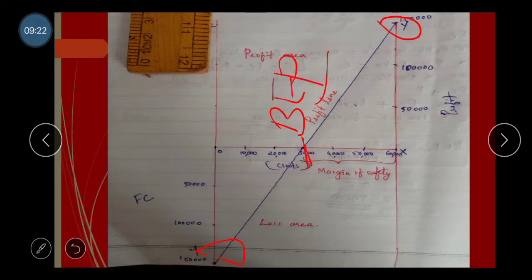Okay, that is the break-even point. The break-even point is where the profit line cuts the horizontal sales line. Clear, no? So the margin of safety, that we already discussed. Margin of safety means the sales over the break-even sale. Break-even sale is 30,000 units. 60,000 units is the total the company sells. So from 60,000 sales, minus the 30,000 break-even sale, the excess, 30,000, is your margin of safety. So 30,000 units is your margin of safety.